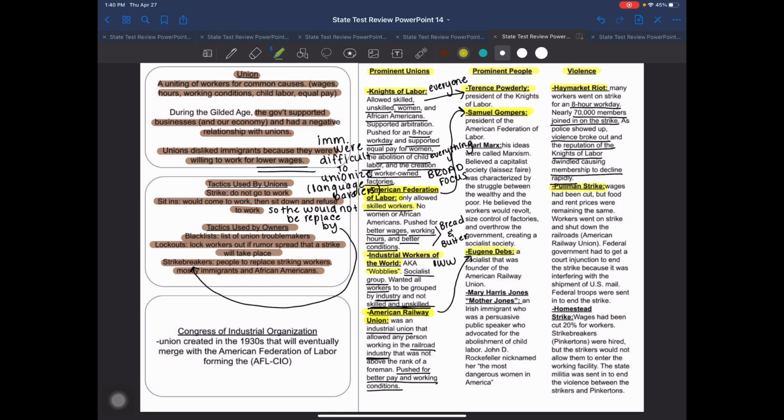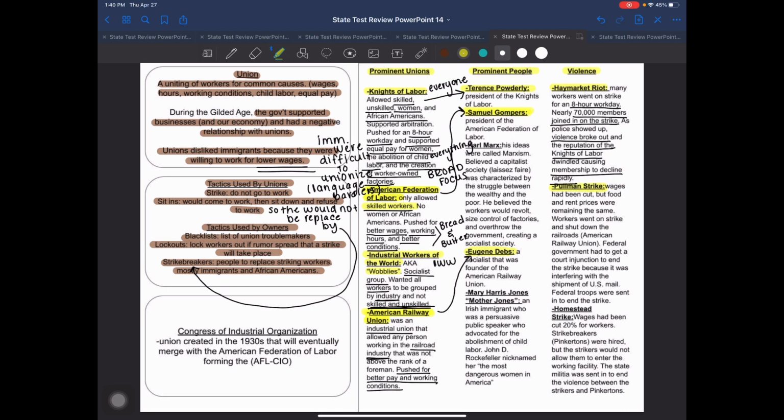And there's something that happens in a place called Pullman, Illinois. So we've got the Pullman strike there. Now, in Pullman, Illinois, it's basically a whole town that was owned by one man. He owned the major industry there, which was the Pullman Rail Car Company. They made what we would kind of consider to be first class rail cars for trains. And not only did he own the factory that the majority of the people worked in, he owned all the living quarters and stores and things in town. Like, the whole town was owned by this man. So here's the problem.